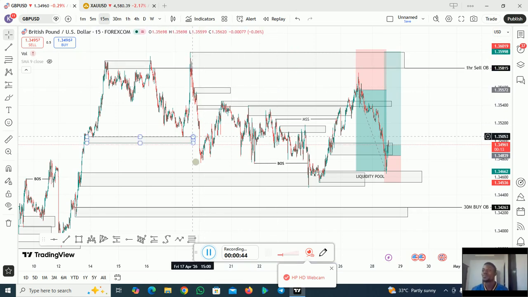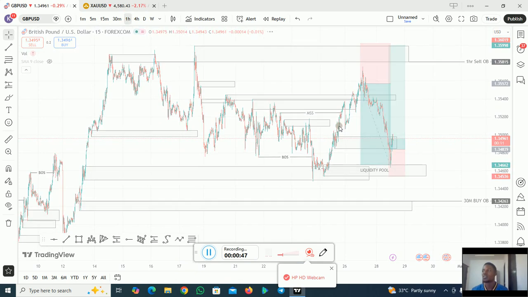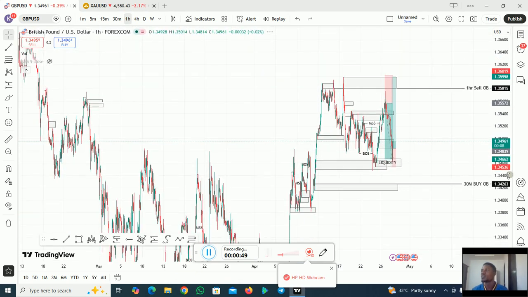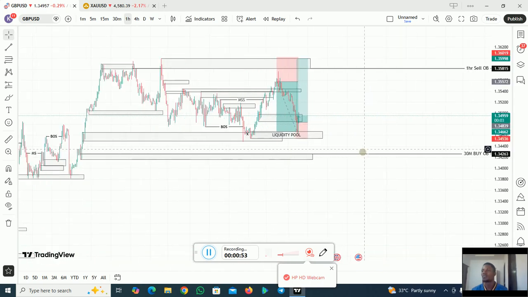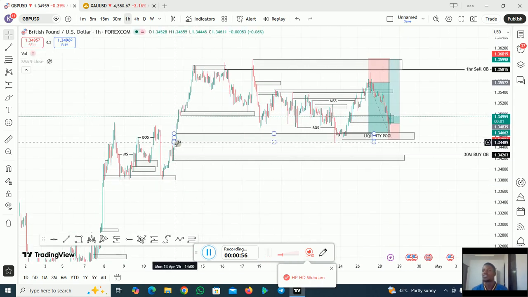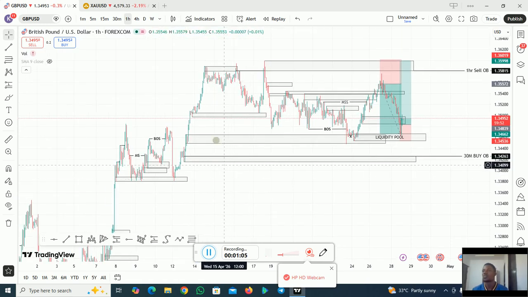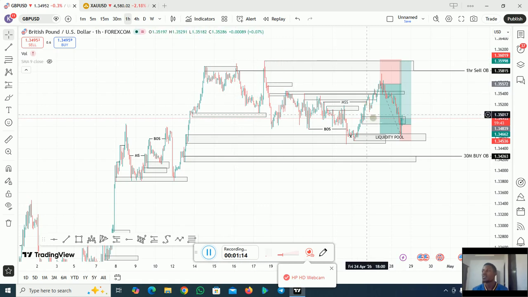So as we all say, the market is on a bullish trend. Look at our 1 hour time frame. The market is on a bullish trend. This was a rally before the market went up, and there's another buy order block here on our 30 minutes too. So this was the last demand zone, and the market went on to break structure here. So all these, like I said in our other markets,